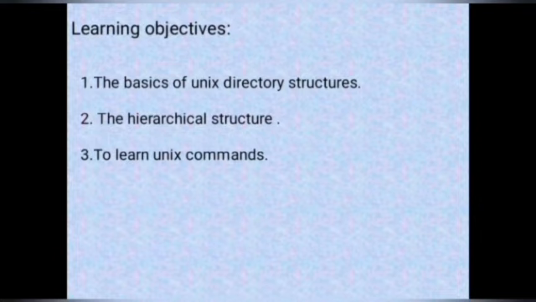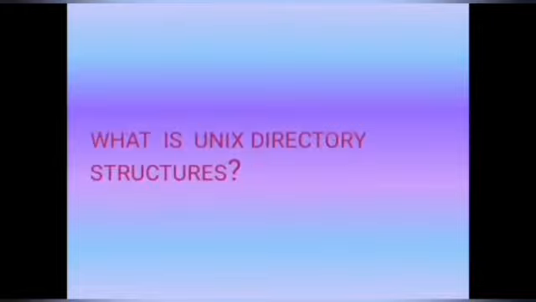The first question which arises when we look into this topic is, what is a Unix directory structure? A Unix directory is a tree-like structure usually drawn as an inverted tree. Basically, it stores the data in a completely different location, unlike Windows. It's simply known as the methodology for storing large quantities of data.